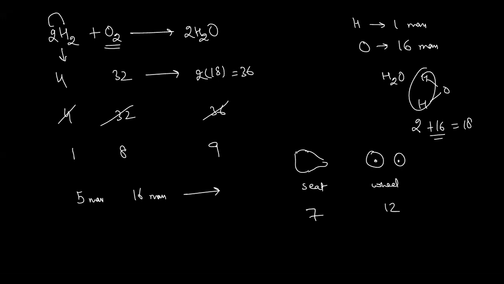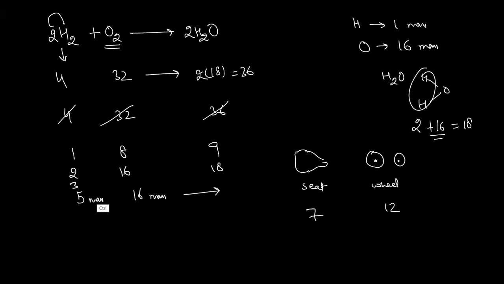In a similar way, when a chemical reaction is taking place, we have a fixed ratio: 1 mass of hydrogen will definitely require 8 mass of oxygen. So when it is 2, it will require 16, and the water formed will be 18. For 1 mass we have 8, for 2 it will be 16. But when you take 3, there is only 16.